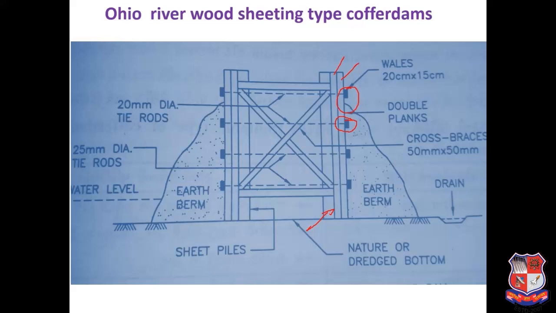Tie rods initially are very loose, so that they can be inserted in water easily. Then after these are your strut portion, and these are called cross presses. These are earthen bombs which are provided on both the sides just to keep water away from the coffer dam. And inside this again you can fill certain material if it is required, and this dry side can be utilized for the construction work.